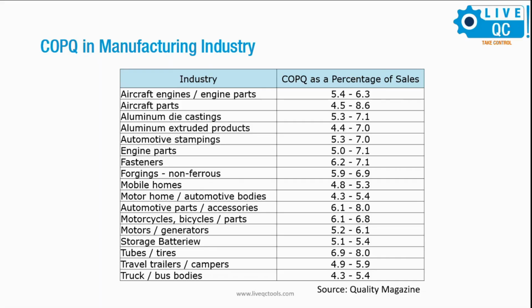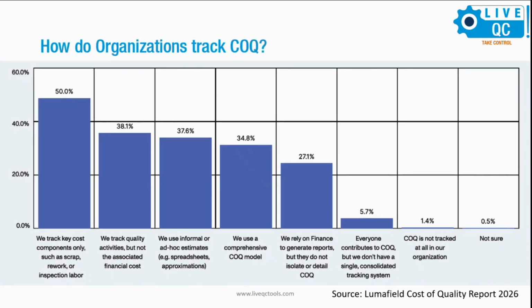Now, if we are measuring all the aspects of cost and you are coming within 5%, you're okay. Maybe you're okay. If you reduce it to 3%, that's 2% of your profit. And it's bottom line profit, not top line. So when you look at all the different segmentations, you will see that a survey was conducted and people were looking at how organizations track the cost of quality. Cost of quality, mind you, is not only the cost of poor quality, but also the cost of implementing preventive and early warning systems.